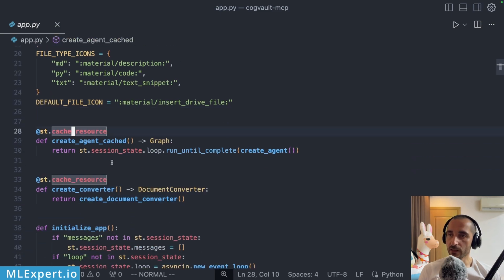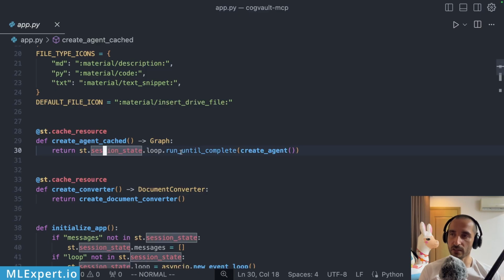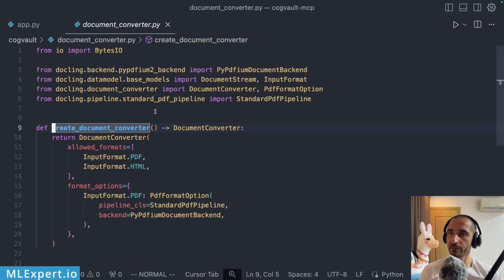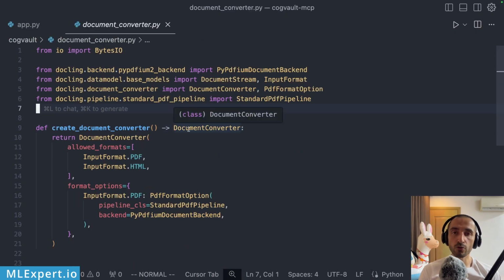Next, you see that I'm initializing a cached agent using a session state loop, and this will create our agent. Since this is an asynchronous operation, we are going to need to synchronize this with our session state loop. And then you see here that I have a document converter, which again is a custom function that we have. This actually is going to be a